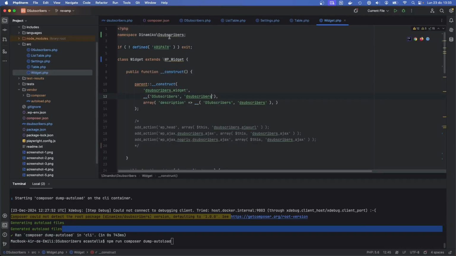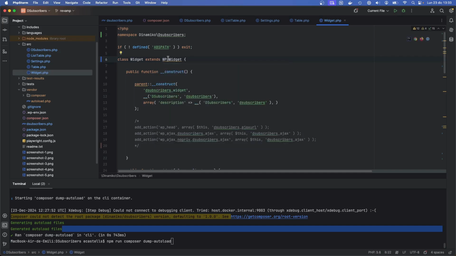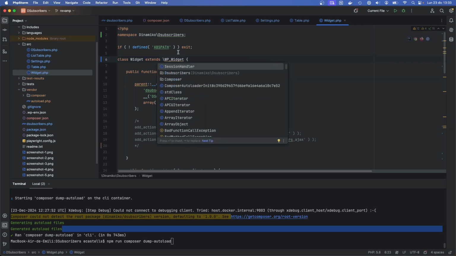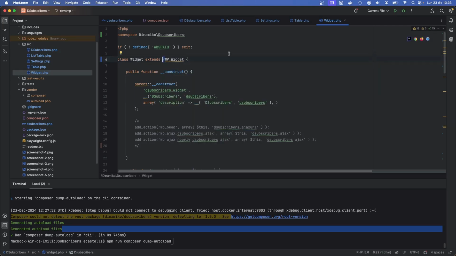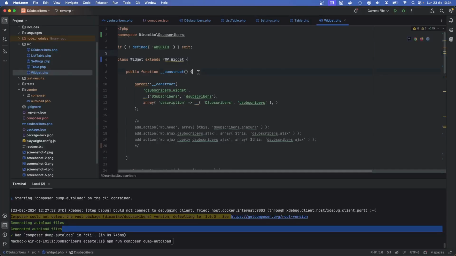All right. So to fix that: if we don't add this slash here, it is thinking that this WP widget is under our namespace, but we don't have this. This comes from WordPress. So a way to fix that is just putting this slash here. That way it's not going to cause an error, because it says, okay, this is not our namespace. This is coming from WordPress. All right,